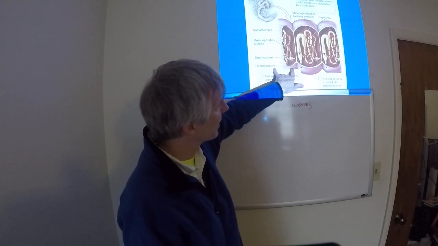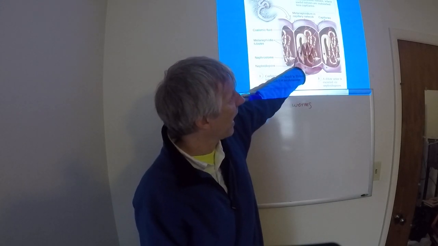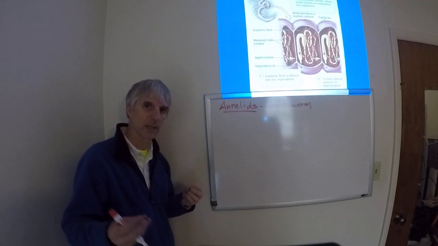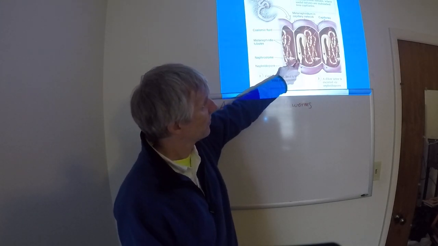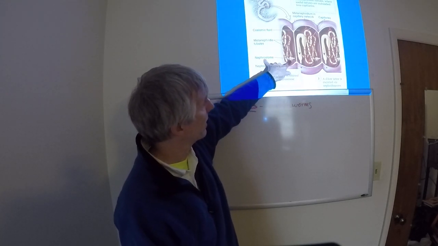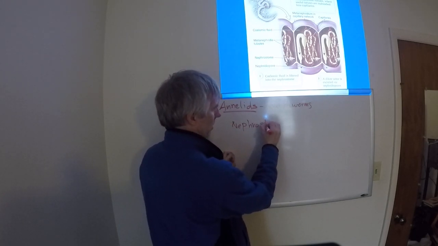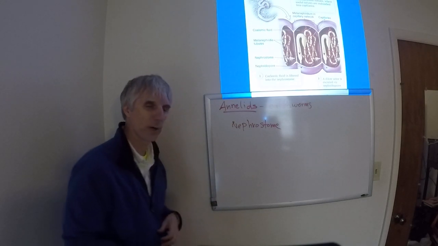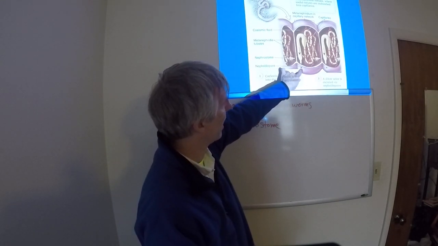Each of the segments of the earthworm, each of these segments is going to have a long tube that's open at two ends. One end of this tube is open here. This is called the nephrostome. So that would work out to kidney mouth, right? And then here is the other opening,